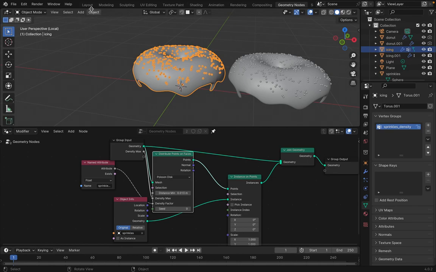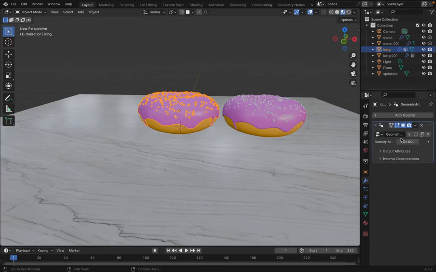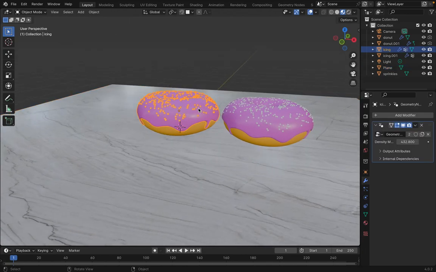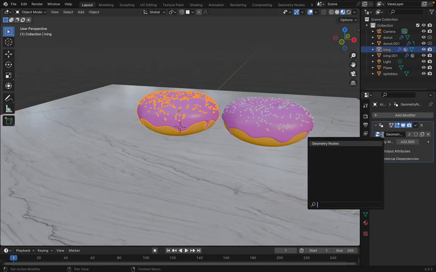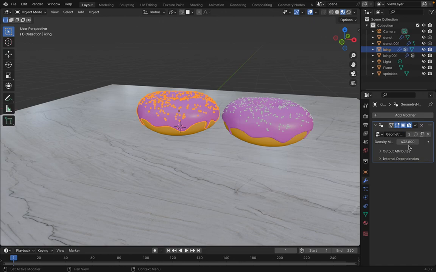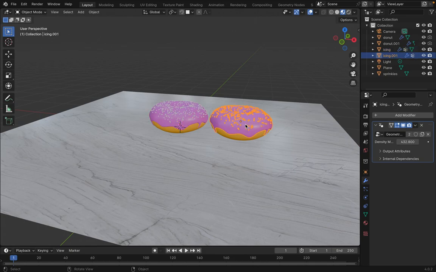So if we go to layout, yeah, and we try to make it like 700, it will only apply to this one and not the other one. Maybe if we make it like 70, yeah, it will only apply to this one. So it was 600. Okay, and maybe now we can